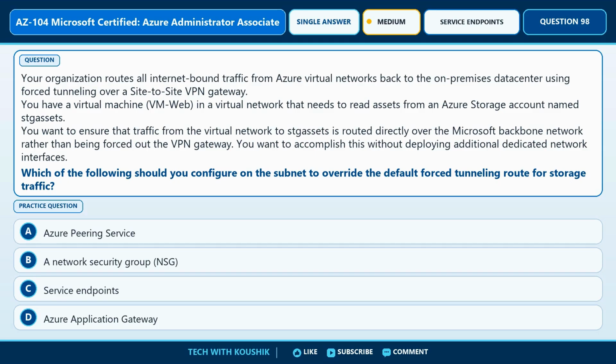Question number 98. Consider this scenario. Your organization routes all internet-bound traffic from Azure Virtual Networks back to the on-premises data center using forced tunneling over a site-to-site VPN gateway. You have a virtual machine, VMweb, in a virtual network that needs to read assets from